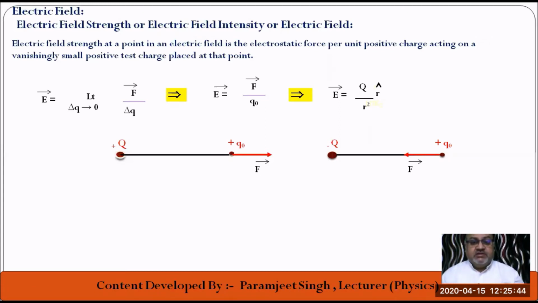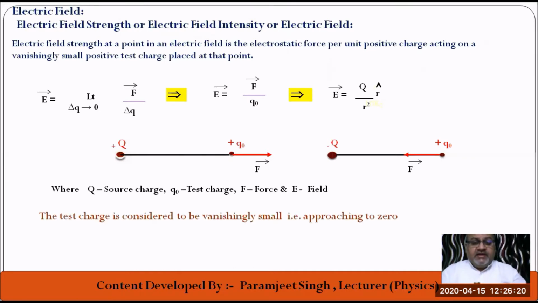What is the reason for keeping the test charge very, very small? I have described it. Later on I will repeat it. So here in this figure, capital Q is the source charge. Source charge means the main source of the electric field. Q naught is the test charge. The purpose of the test charge is just to find the electric field strength or electric field intensity, or you can say electric field at that particular point. And F, capital F, is the force, E is the electric field.